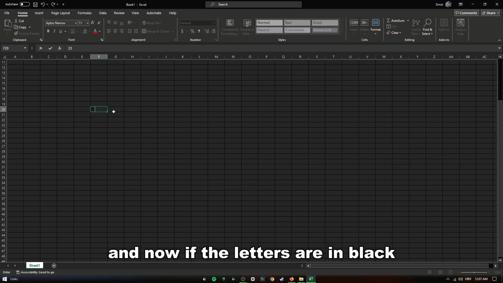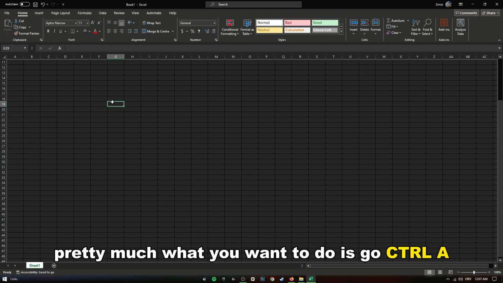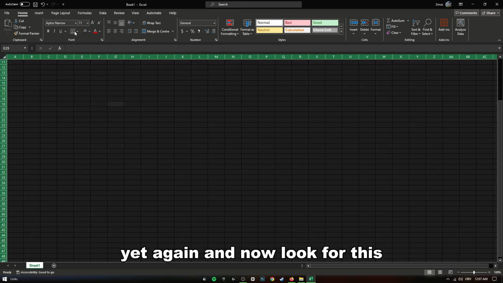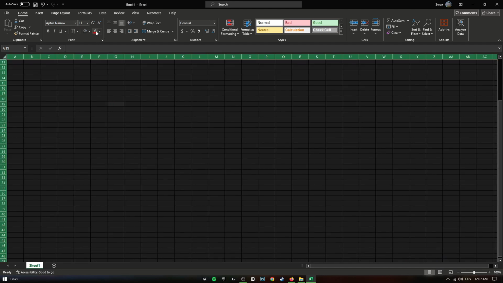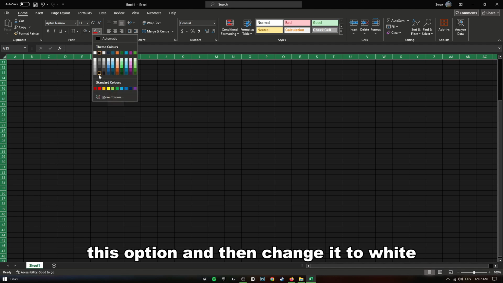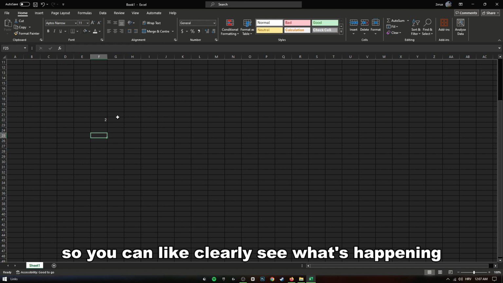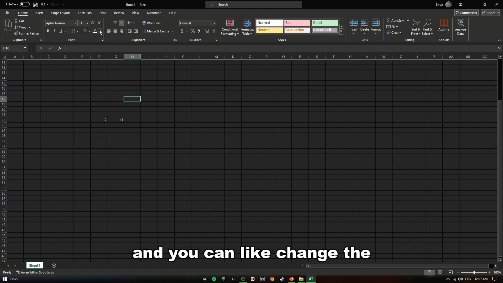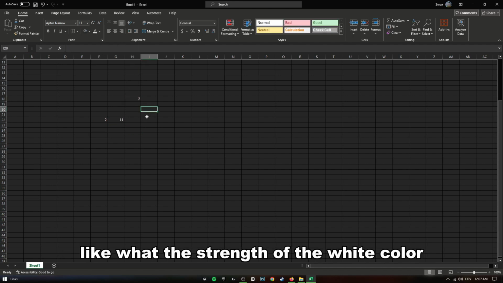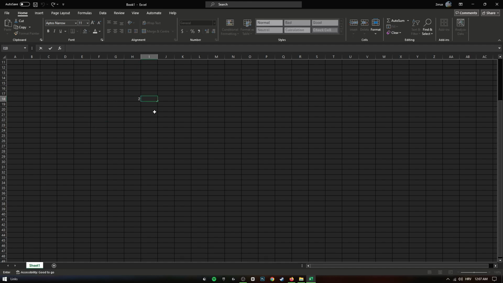And now if the letters are in black, pretty much what you want to do is go Control A yet again, and now look for this option and then change it to white, so you can clearly see what's happening. And you can change the strength of the white color. I mean, you can go, I don't know, you can do this magic. And now as you can see, we've